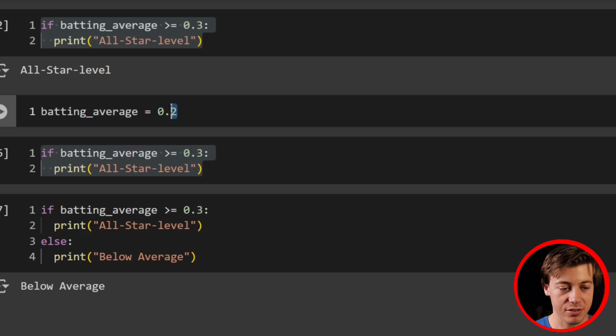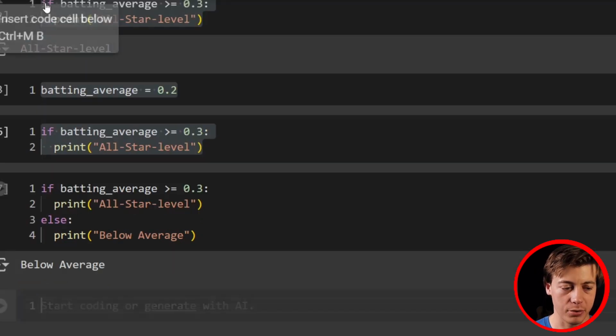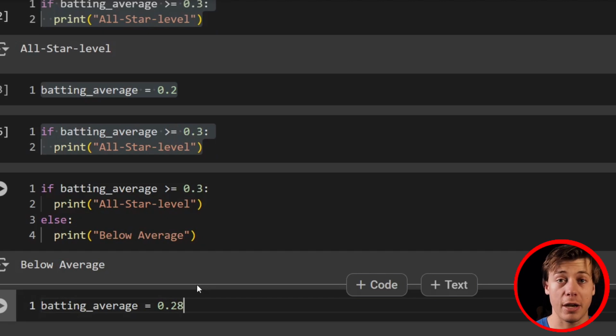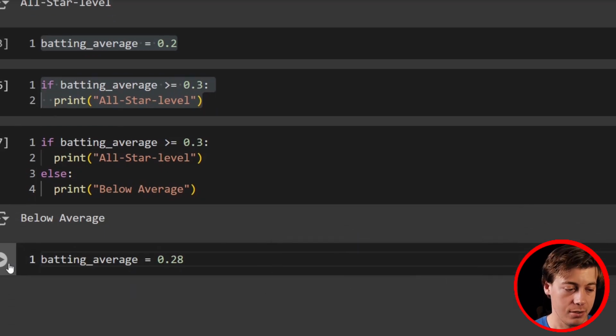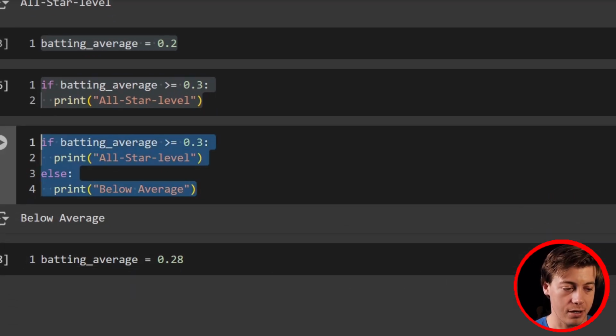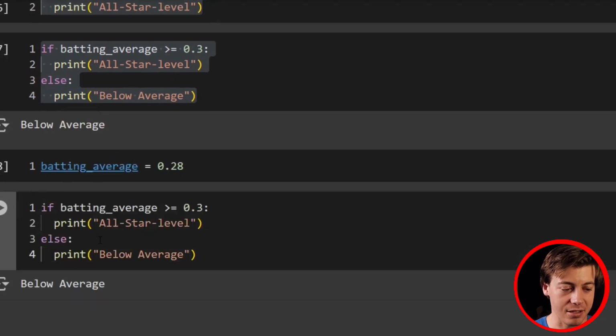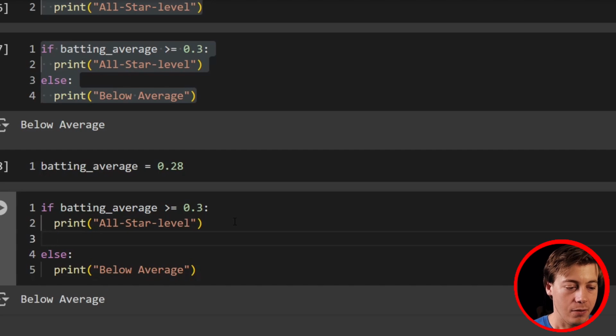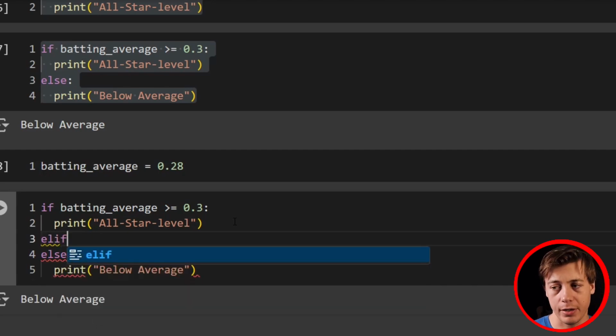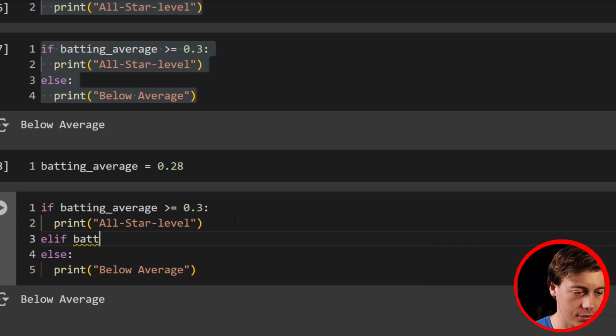Well, I can change this again to 0.28, and we'll do that for this next example. And that's a respectable batting average in baseball. But if I go back over here and use this batting average again, it still says below average. Well, this is where we can have an elif. So we can add in multiple conditions. So let's say elif over here, batting average